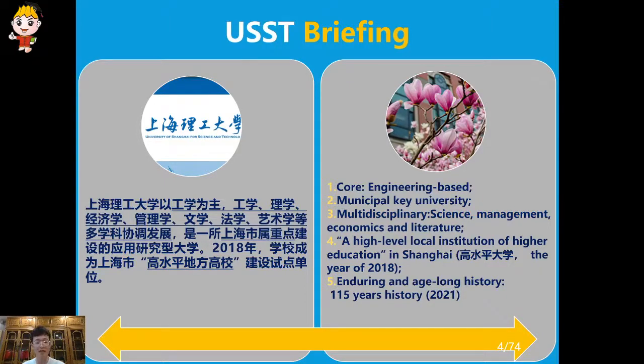With a glorious history of the past 114 years and the excellent tradition of outstanding education, USST, our university, has cultivated a great number of young talents, academic elites, engineering specialists, and social tops for the country, for the society, nationwide and worldwide.